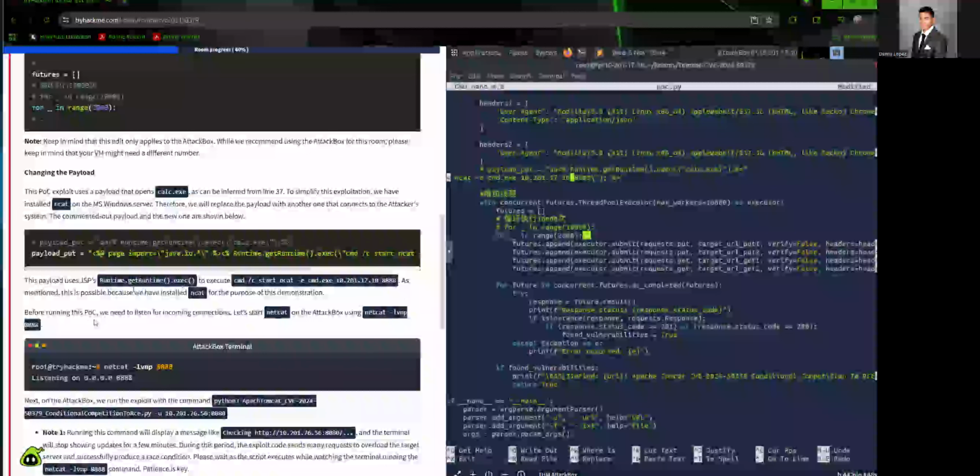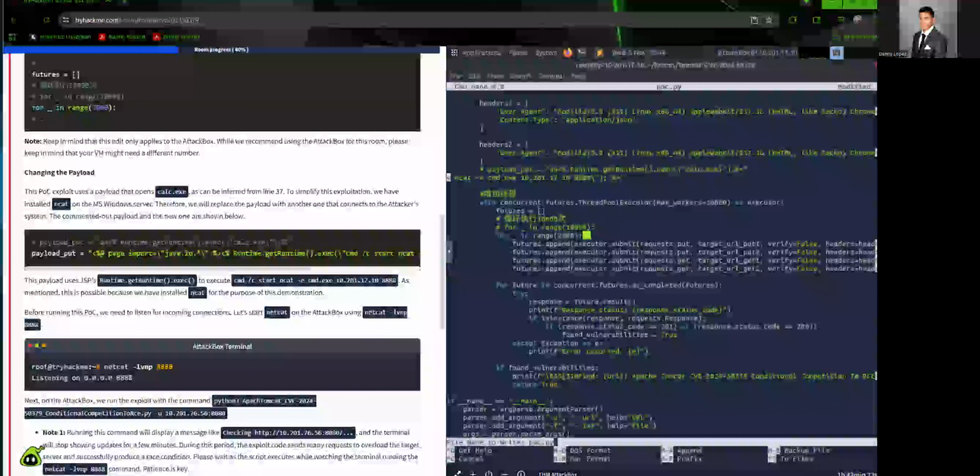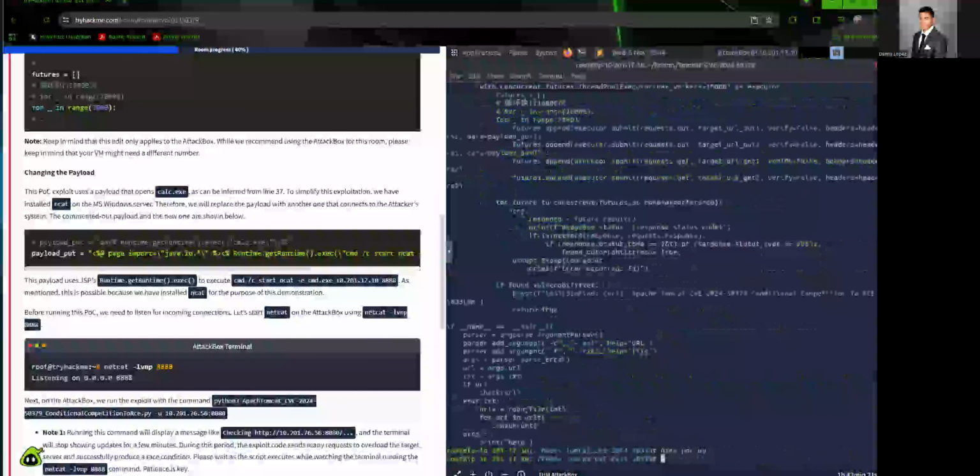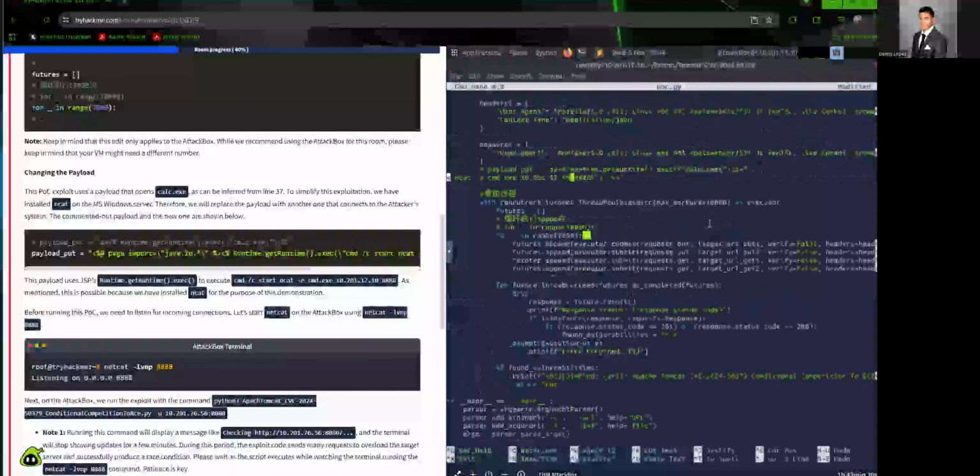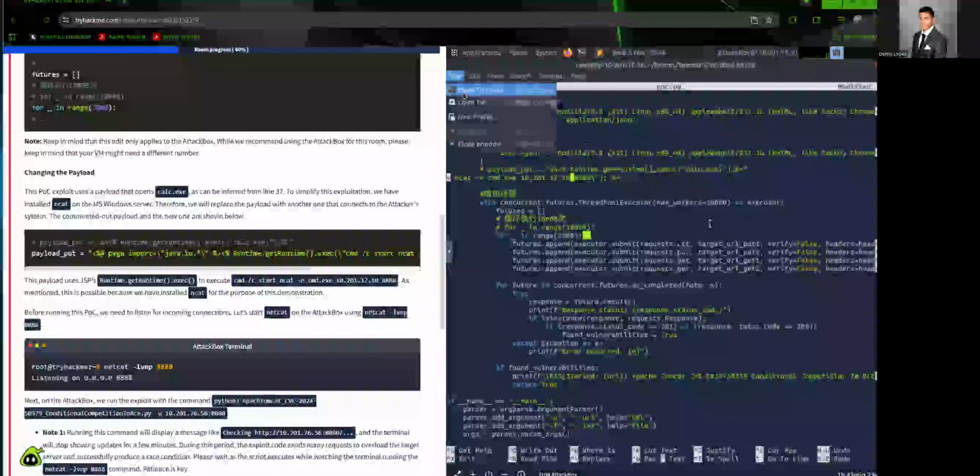Before running this POC, we need to listen for incoming connections. Let's start Netcat on the attack box with netcat -lvp. Okay, so we'll go ahead and save this. I think that's the only changes we're going to make. So Control O, Control X to save it, and then open up another terminal.